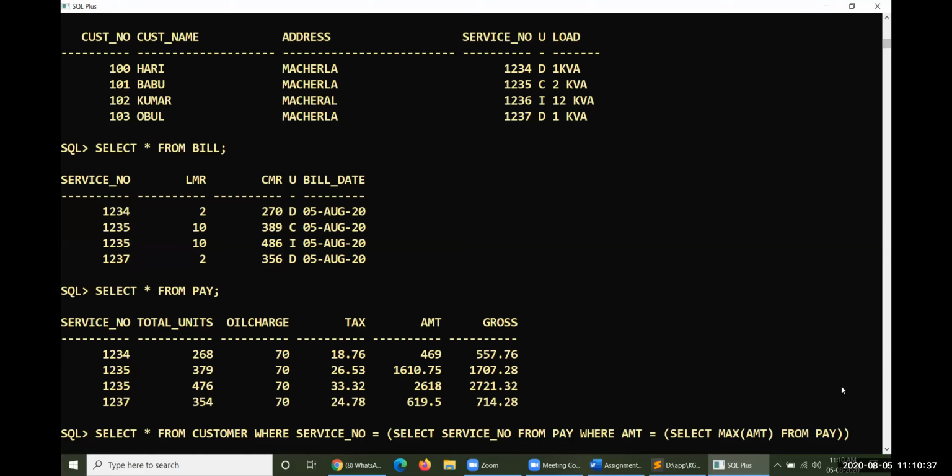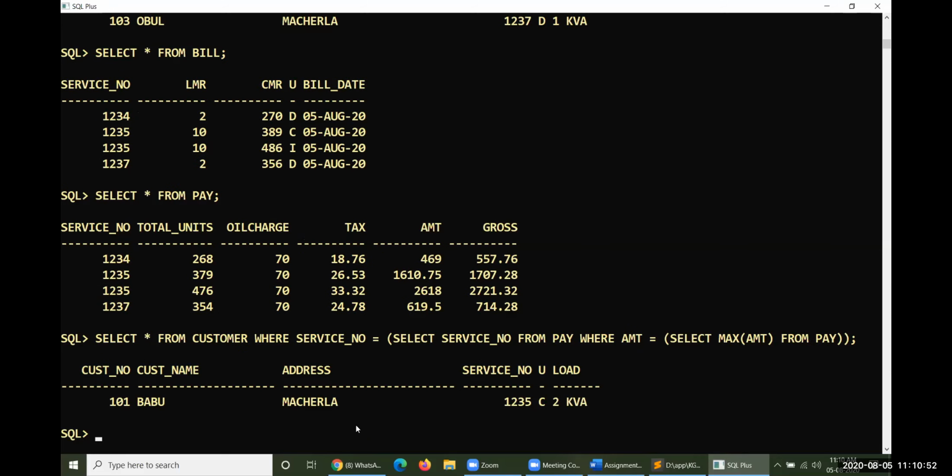Two subqueries we have written. Where amount is equal to the maximum amount paid, that amount will be calculated here, and the service number of that payment will be taken here.